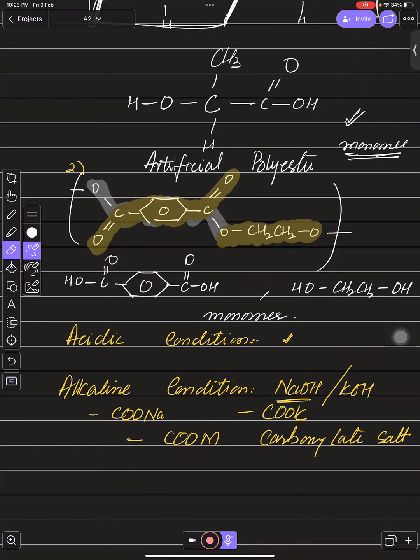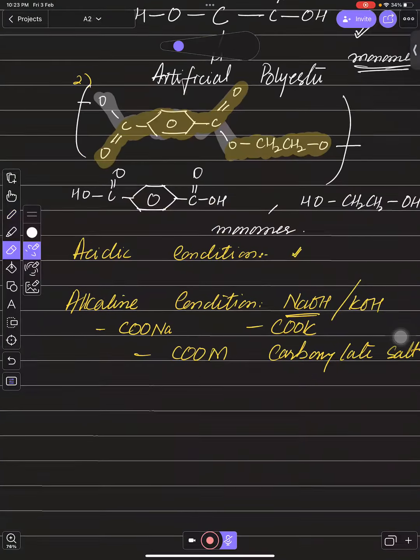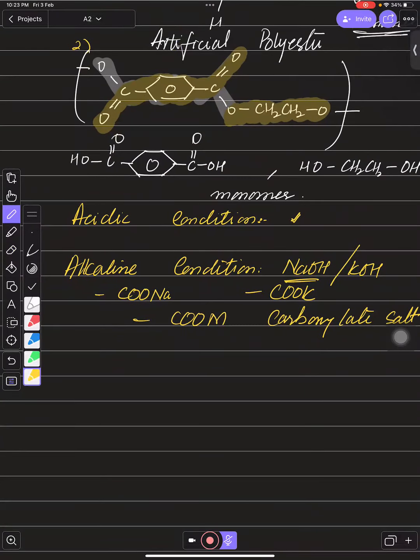Yes, sir. And if you have amide linkage, but you need to keep remember कि अगर आपके पास amide होगा बच्चों, तो amide जो आप जब तोड़ोगे तो आपके पास क्या बनेंगे, एक तरफ amine बनेगा और एक तरफ आपके पास कार्बोक्सिलिक एसिड बनेगा। This is acid. तो जब आप इसके अंदर अल्कलीज यूज करेंगे तो यहाँ पर आपके पास सॉल्ट बन जाएगा डेफिनेटली, यहाँ पर आपके पास इसका सॉल्ट बन जाएगा।